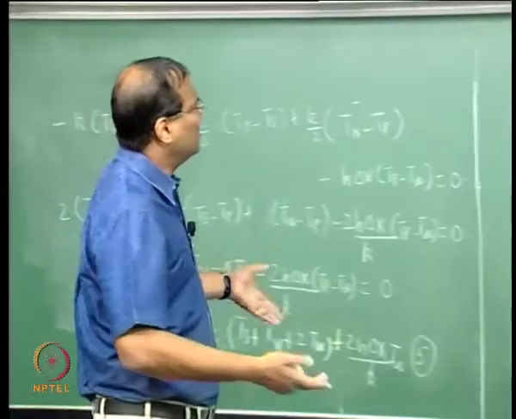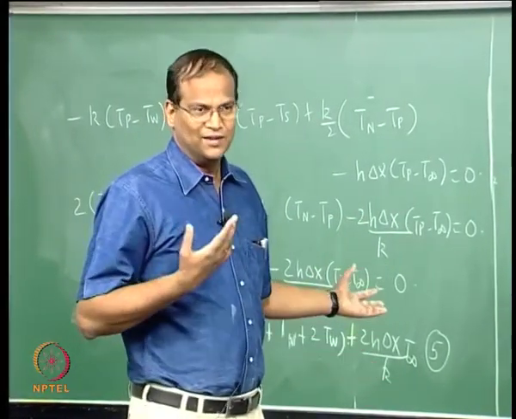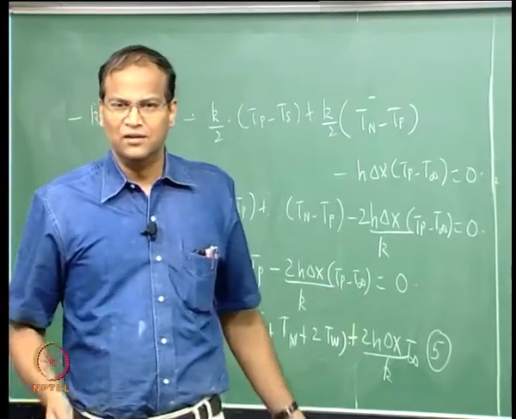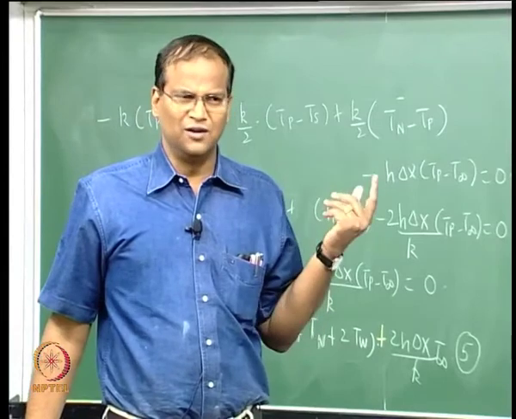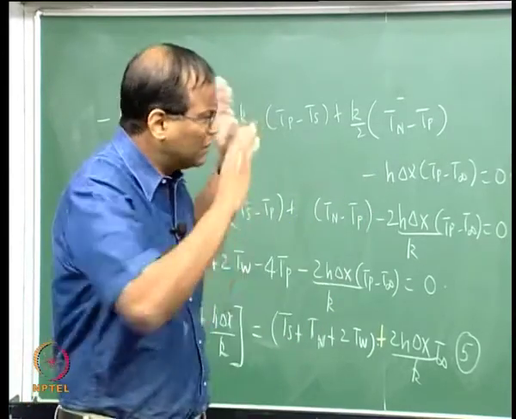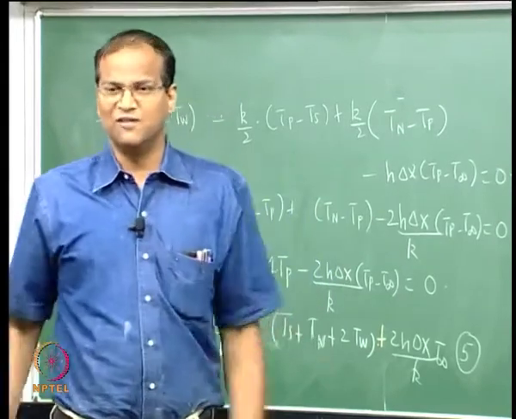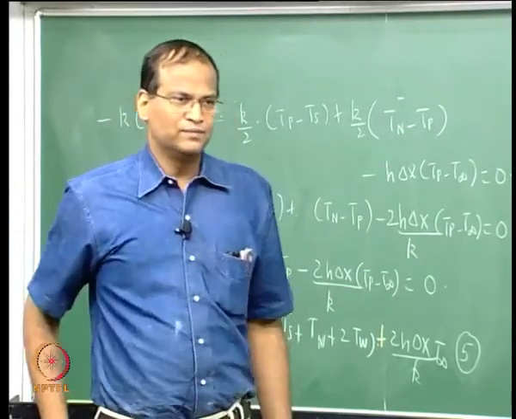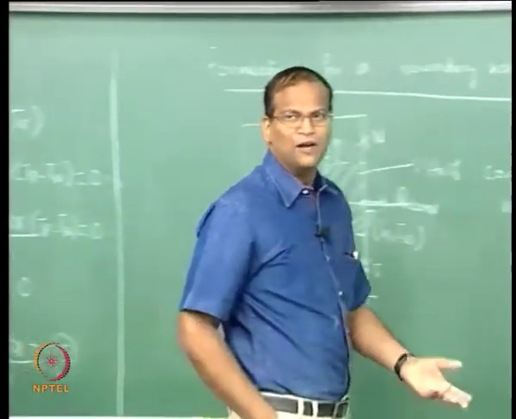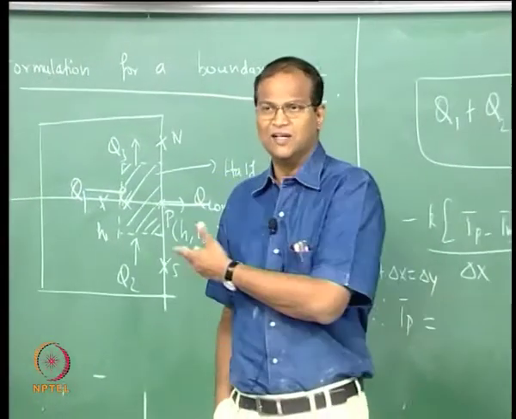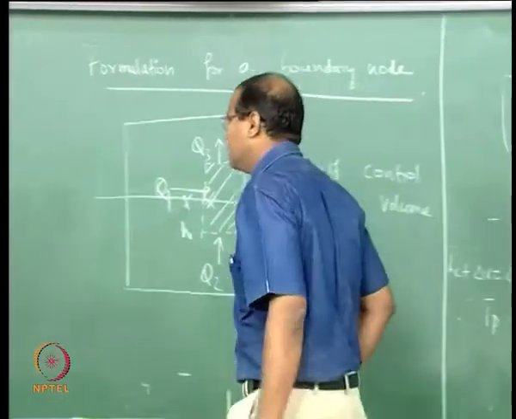So once you have the interior node and the boundary node, now you can formulate any problem, so long as it is steady. Of course, this will all become messy if you have cylindrical or spherical coordinates, but the logic is the same. You should be able to sit down with pen and paper; if you want to code yourself, this is the way you will start. So you can handle boundary conditions very easily now: adiabatic boundary condition, Dirichlet boundary condition and the third type of boundary condition using this, okay, fine.